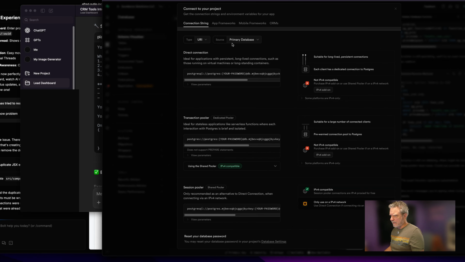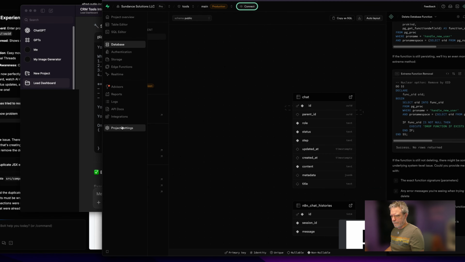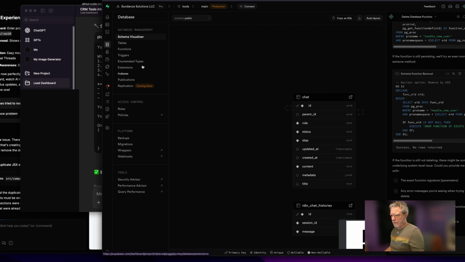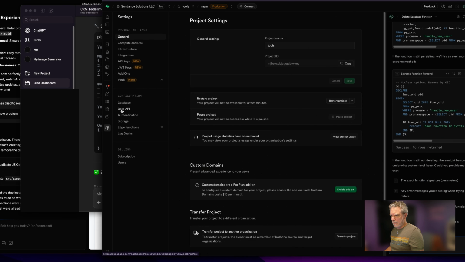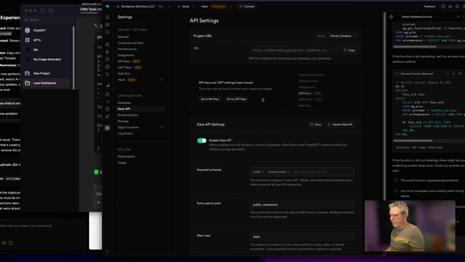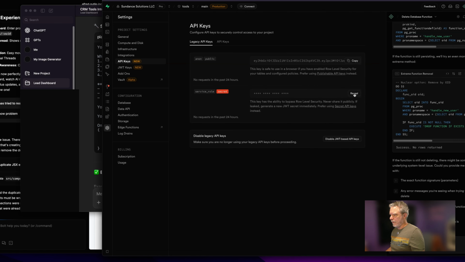And let's see, how do I get to that? Sometimes this can be a pain too. Database, project, auth database. So what I want is get API keys, and I want this guy, but I don't want to reveal it. Okay,